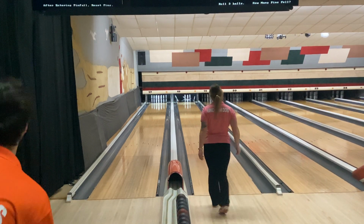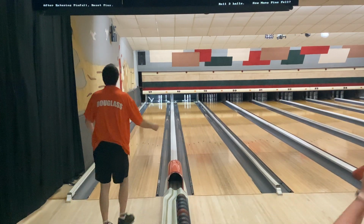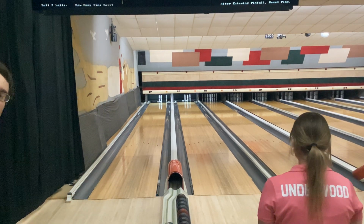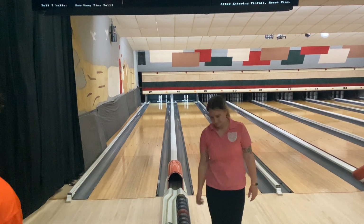There you go. 10 times. Keep chewing. There you go, all together. Timmy's light on the head pin and he kept falling. He's got an interesting setup, he moved the 5 pin over so it's not on its spot, but the way he throws the ball,